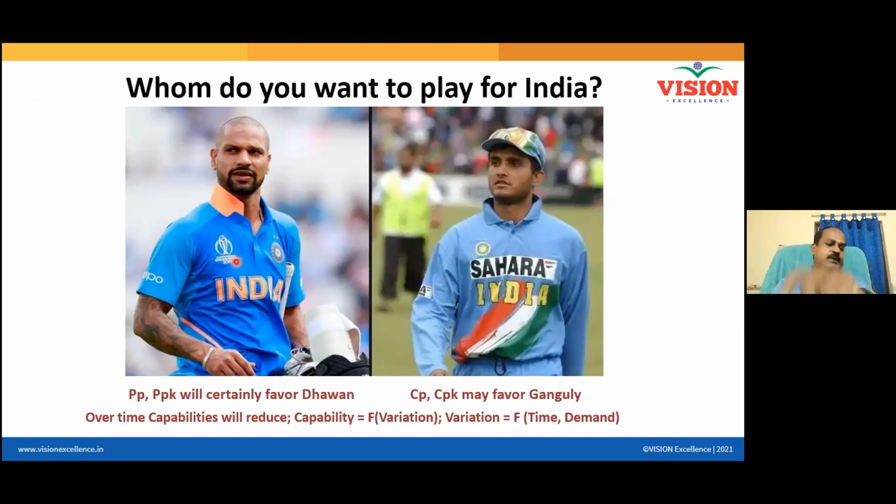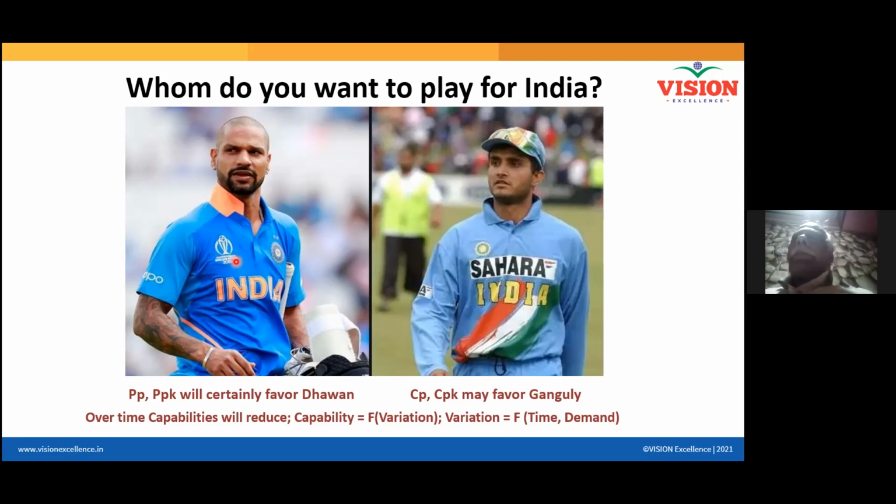Shall we do it now? Are you ready? Sir, one question. If CP, CPK both are the same, but low, say for example, 0.9, what can we conclude? Is it that the process is centered when both are the same, even in that case? The process is centered, okay, both are the same. But the value is low.